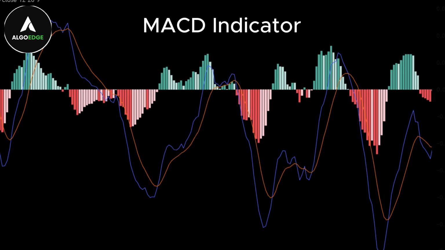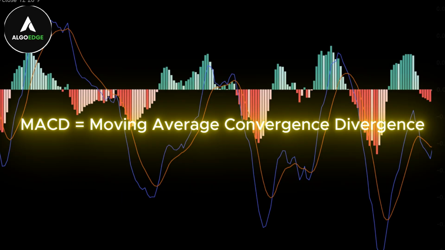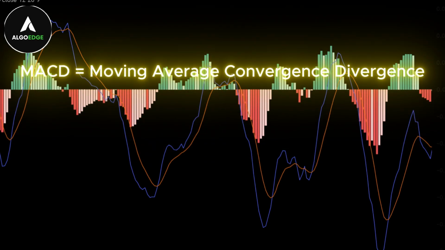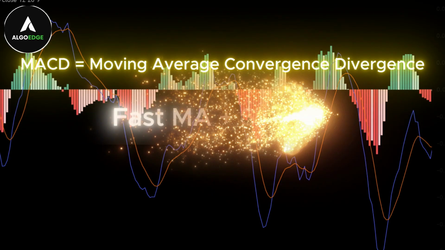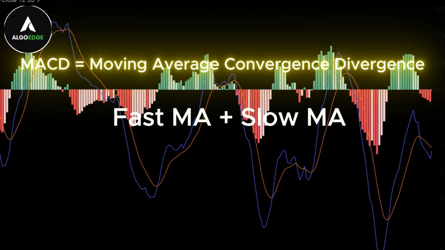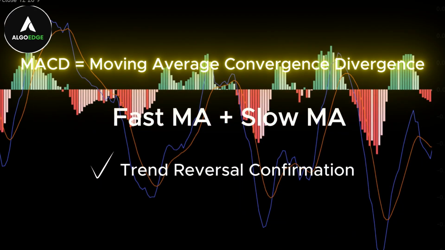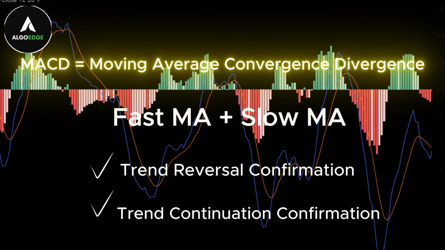All right, let's dive into MACD. MACD stands for Moving Average Convergence Divergence. In simple terms, the MACD indicator measures the relationship between two moving averages, a fast-moving average and a slow-moving average. To keep things simple, we can use MACD to evaluate and confirm potential trend reversals, as well as trend continuation